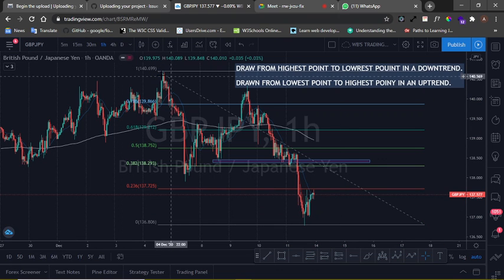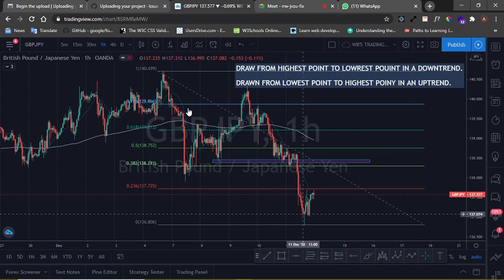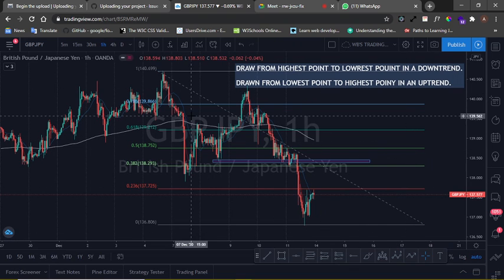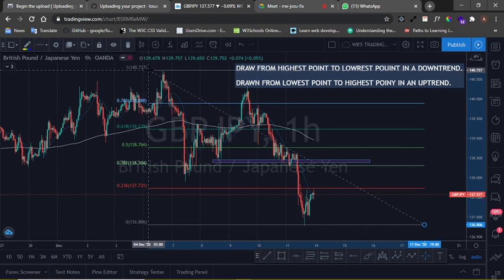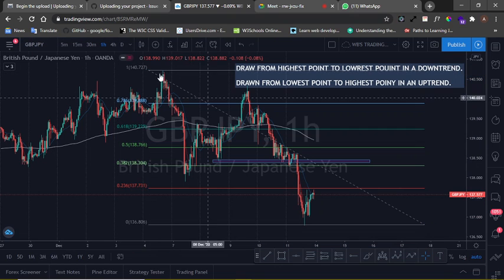You draw it from the highest point to the lowest point in a downtrend, while you draw it from the lowest point to the highest point in an uptrend. Now you can see that we've drawn it from the highest point to the lowest point in a downtrend. From what we can see here,